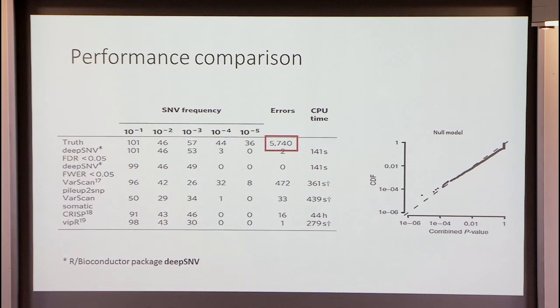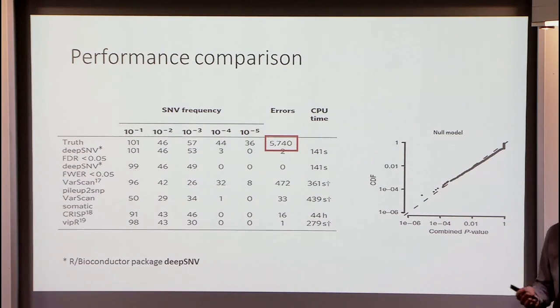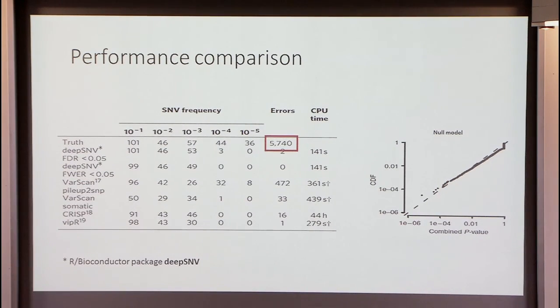I'm not going through the comparison, but I want to point out if you just take any variation that you see in the data for granted without bothering about testing, then even for this small data set, we only sequence I think 5 genes or so here, you end up with this impressive number of over 5,000 false positives, whereas these are the true variants at the different frequencies. So being on the safe side by just taking everything is clearly not an option. You will immediately be drowned in false positives. There's no way of doing that.